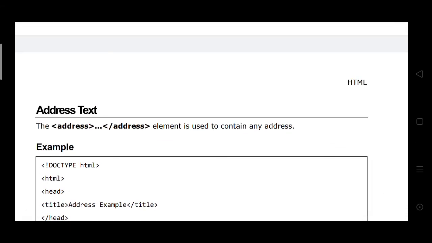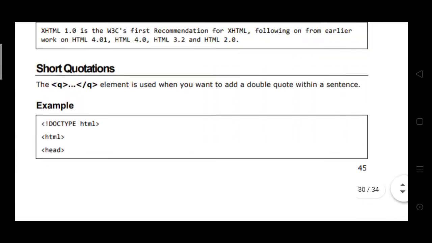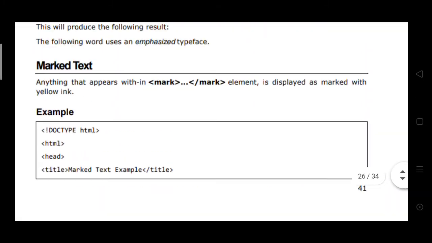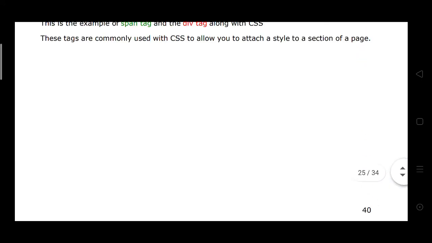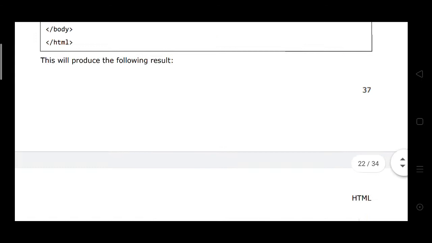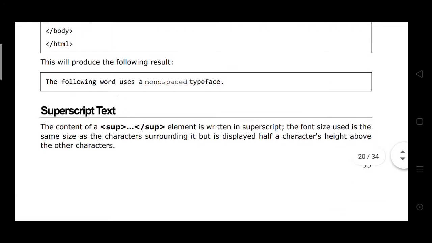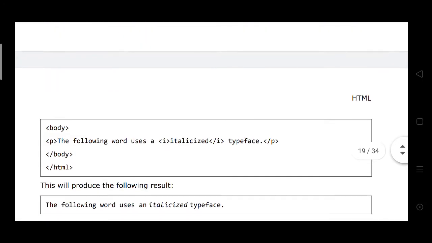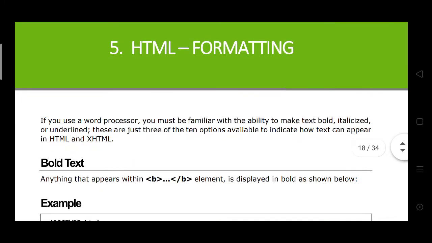We have seen a lot here. You go to the array tags and refer to the array tags. You go to the formatting, HTML formatting.